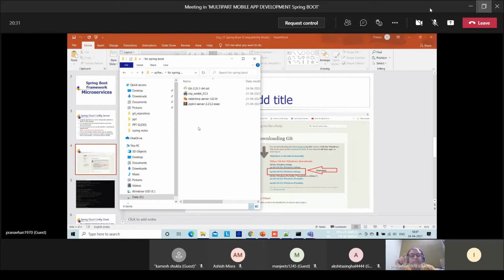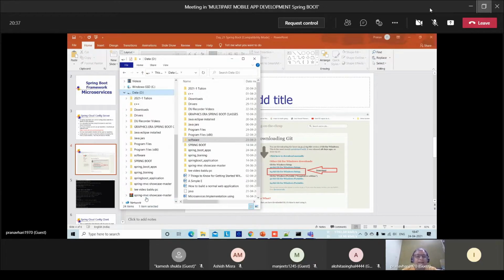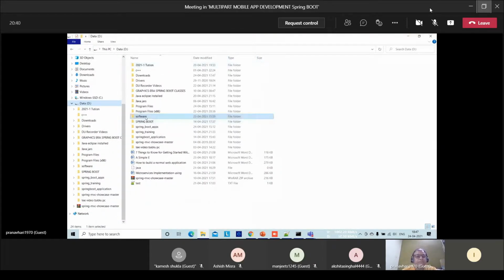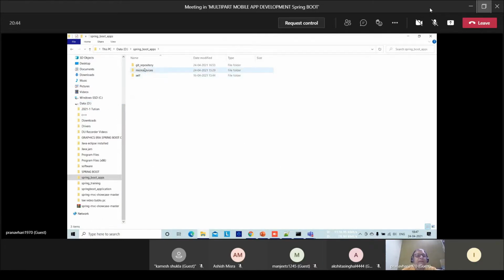Note down, please. First step, download and install. Second step, you have to create a directory. Like I have created Git repository. You can see that Git repository is a directory that will contain all the configurations files as property files.